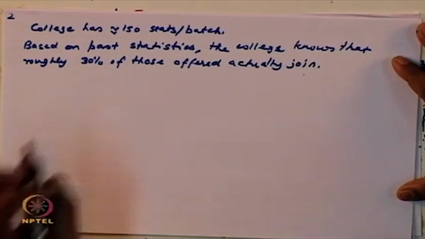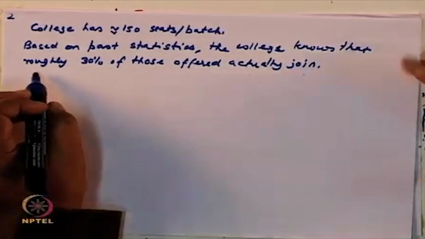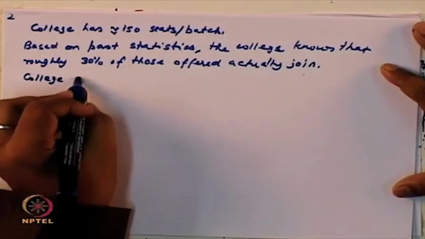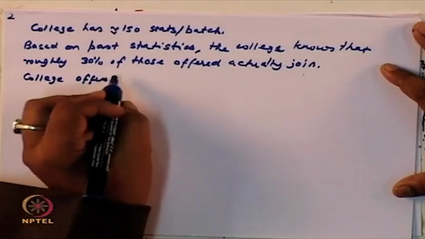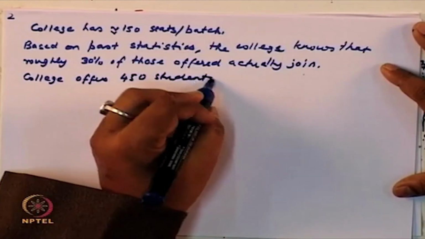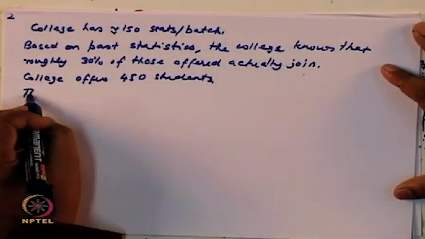So, to get around this problem that fewer students join, the college offers 450 students. So, we want to calculate the chance that in a given year